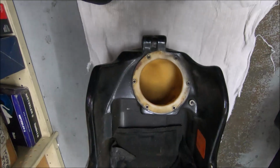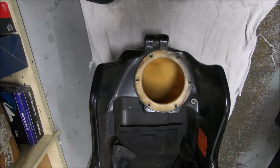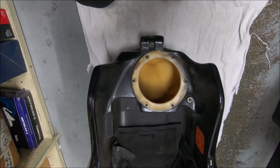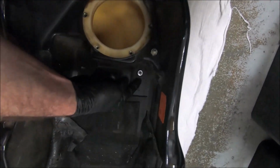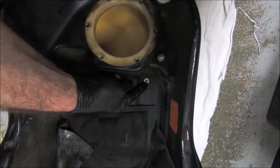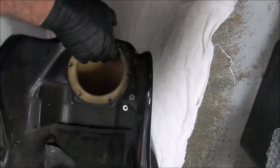This is a plastic fuel tank off a Monster 695, 2007, 2008. And it had an issue that lots of the plastic fuel tank bikes are getting, and that is that the two fittings here were all corroded up. This one here is the water drain from around the fuel cap recess, so when it rains and it gets water